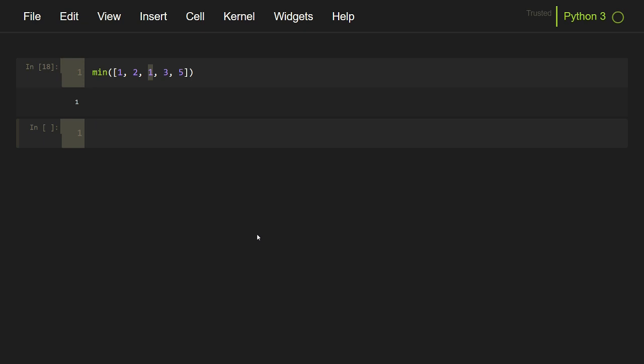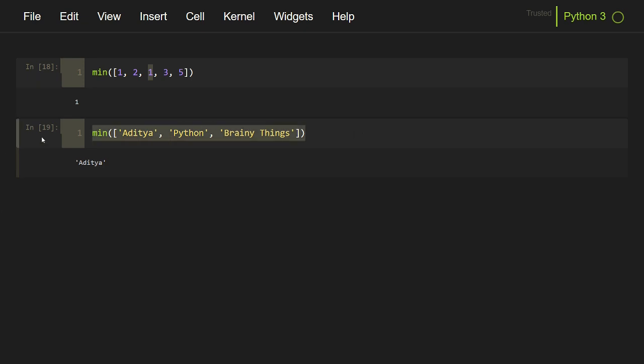We can also pass an iterable of strings inside this min function like this, and it will return me the Aditya string, which is the first string if we arrange the elements in alphabetical order. So it will return me Aditya, as in dictionary order Aditya will come first. But what if we don't want to decide the minimum element by this criteria? Let's say I want to decide the minimum element by the length of the string. In such cases, you will pass an optional parameter key to this function, which should be a function that returns a value that can be compared.